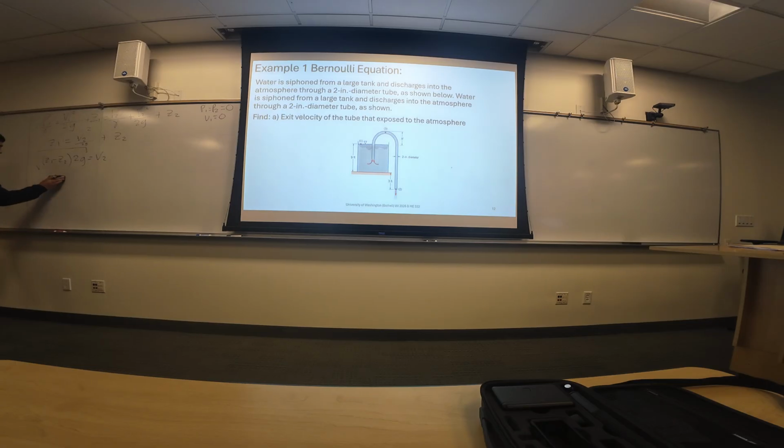Oh, let's do 9 feet plus 3 feet times 2, then we're going to do 32.2, right? Okay, dimensional analysis works out right. This is feet times feet, feet squared, divided by seconds squared, square rooted, that's going to be feet per second, which is your velocity. Anyone have an answer?